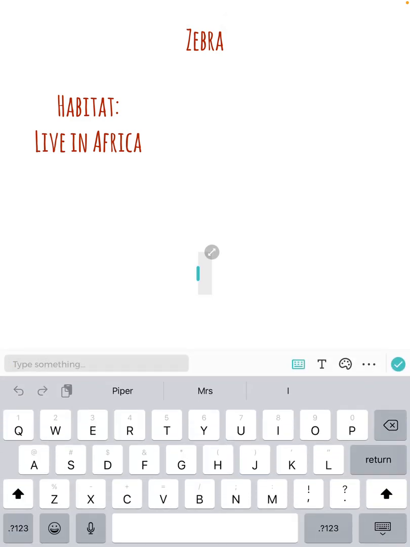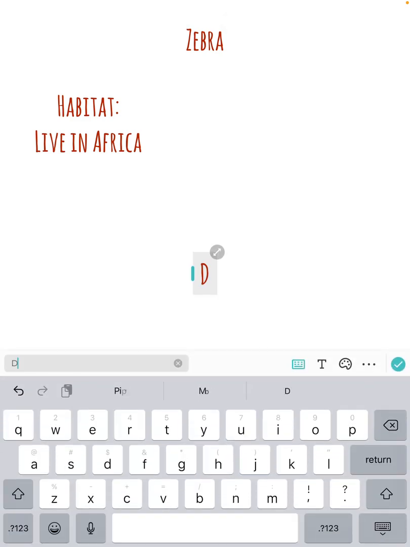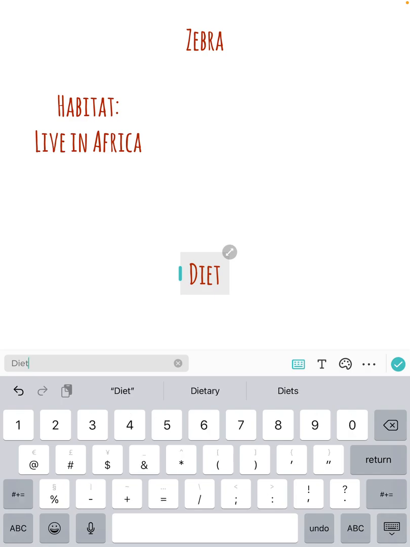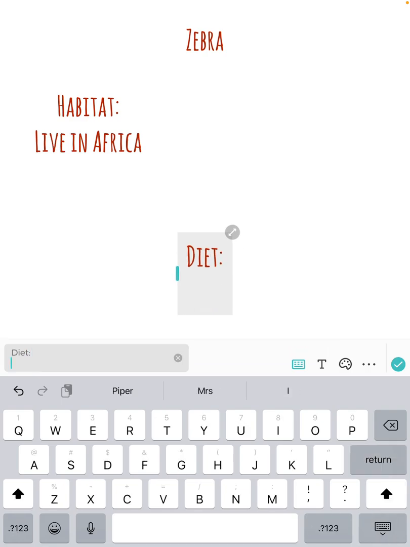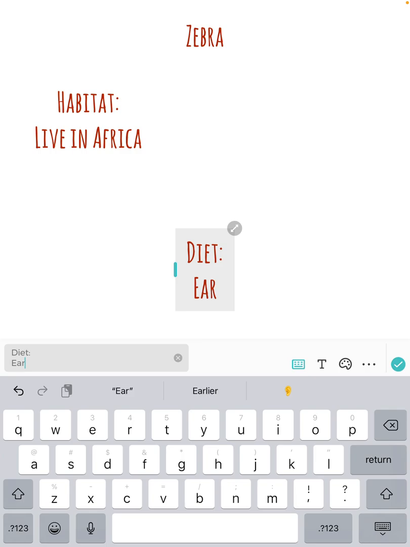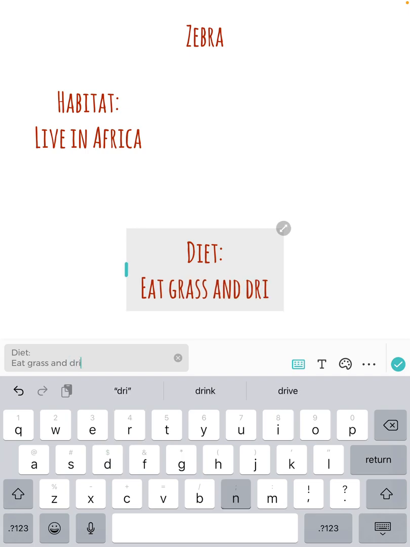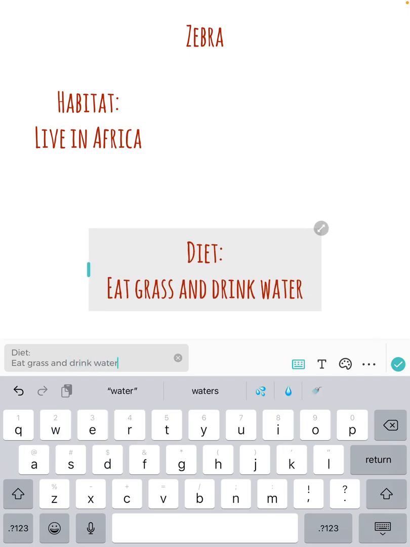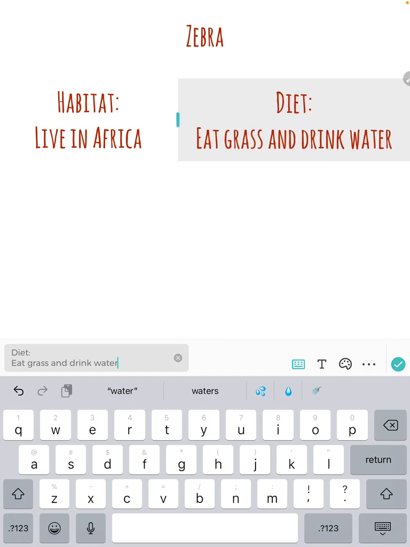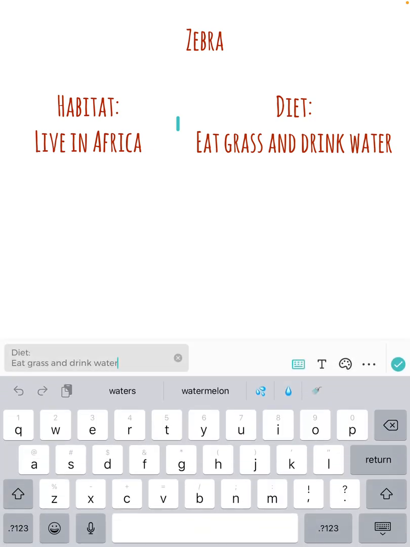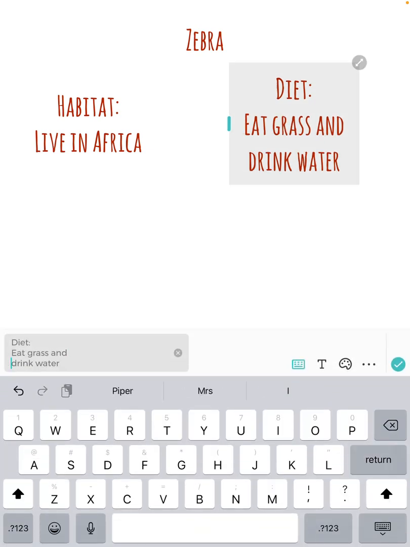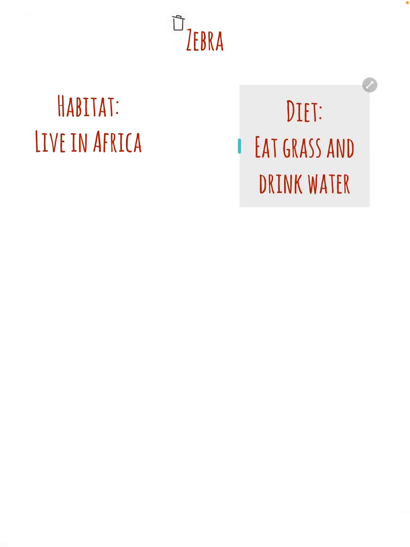And then I'm going to do another one, and I'm going to put diet because that's what they eat, D-I-E-T, colon, and then I'm going to hit enter. Eat grass and drink water. And then I'm going to move that one up over here. And actually, I'm going to go back on it, click, and I'm going to click in here and hit return. That way it's a little bit